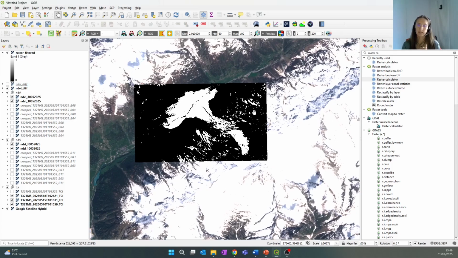Which basically means that in black we have all the zones we're not really interested in, and white are the zones that are falling under this condition. So the white are the zones that fall under the threshold, both for snow index and vegetation index. And we can see clearly that here it is quite nicely outlined,